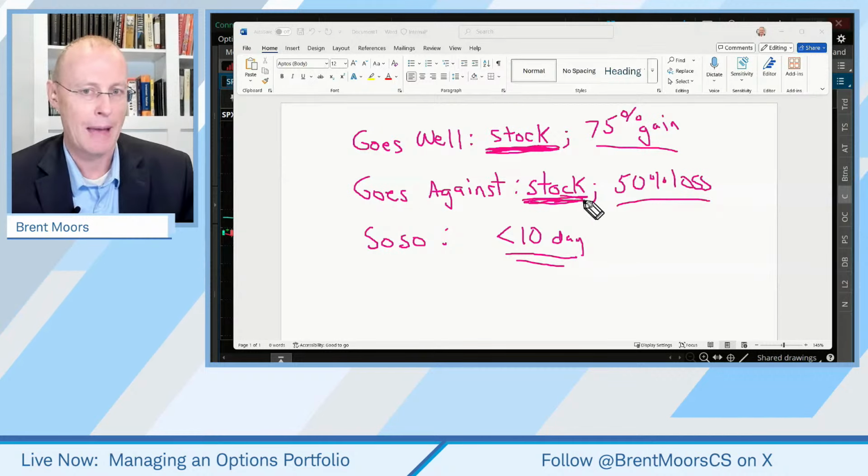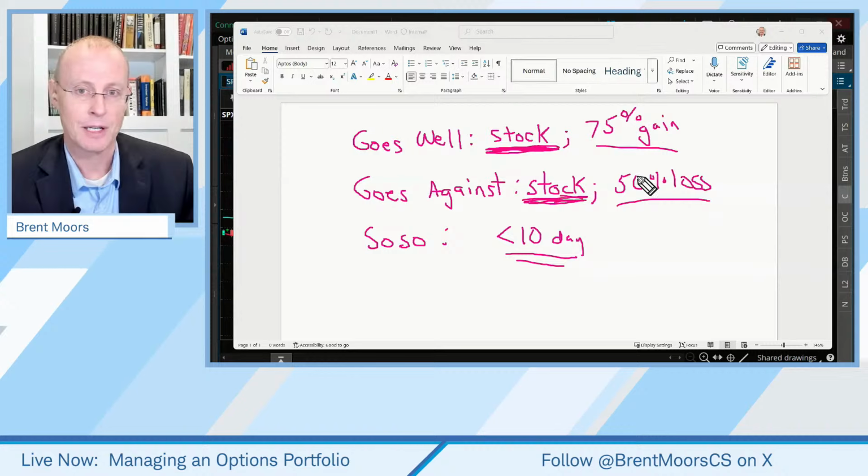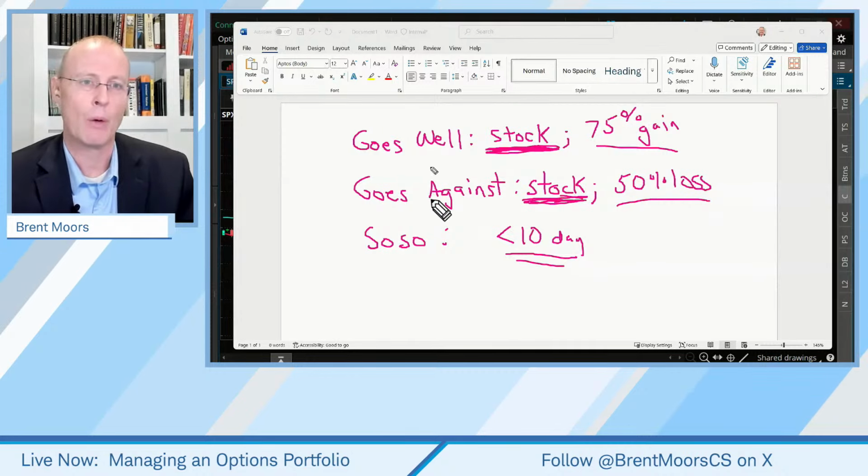Probably going to have to script that, probably outside what we're going to do here today. But generally, if we're going to use a trail stop, it'd probably be based on the option price itself, which we've done in the past. And we can even look at that perhaps today a little bit and see what we got on that. Okay, so those are kind of the three scenarios I want you to think of.